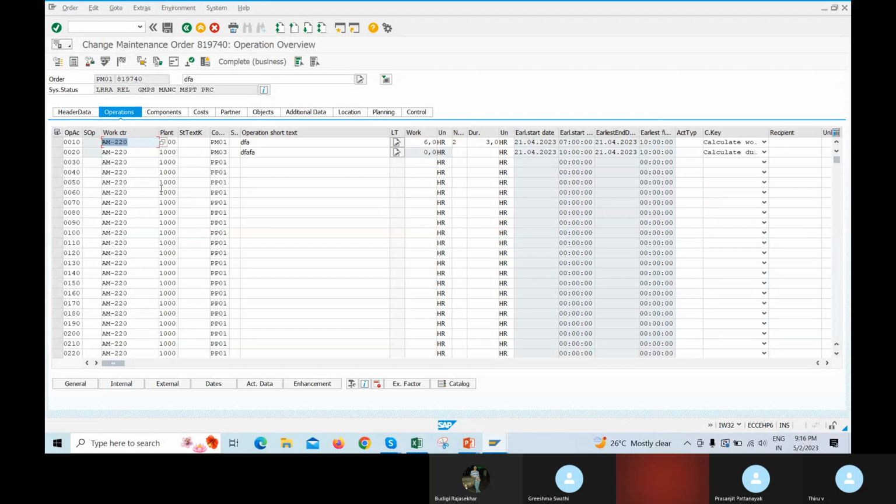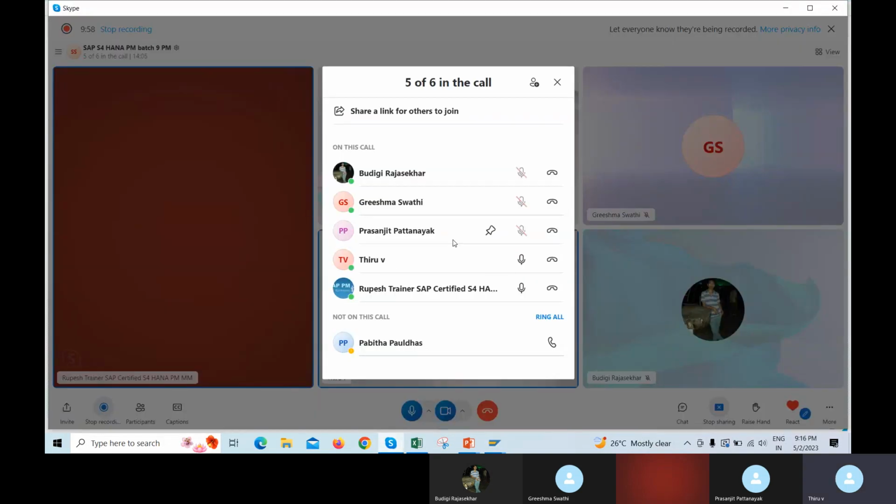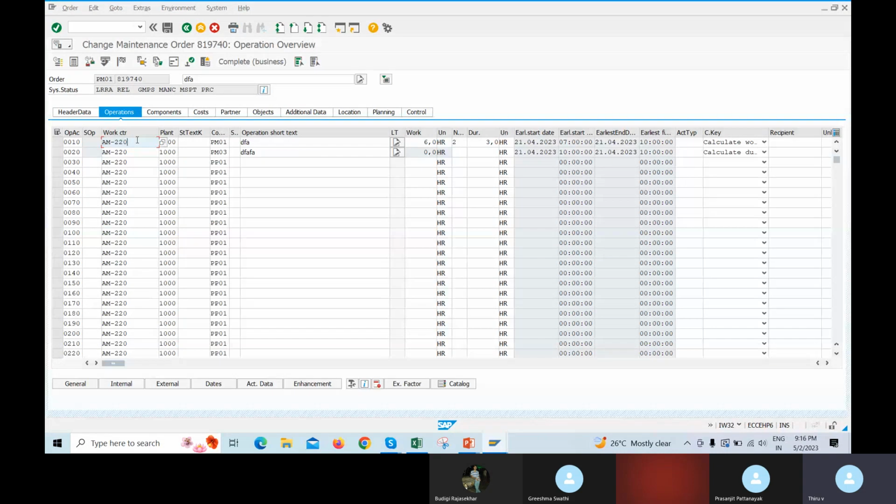Do you know where the work center was discussed? Someone told me the correct answer earlier. Grishma madam, this was discussed two classes before. Where is this work center coming from?